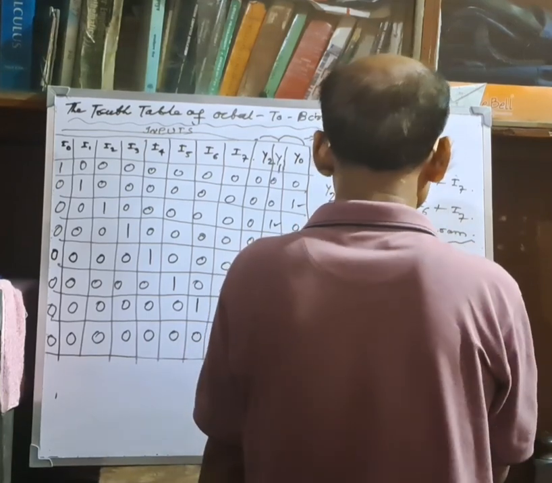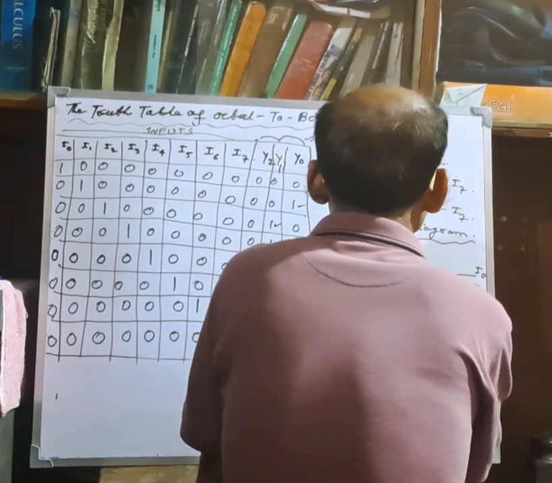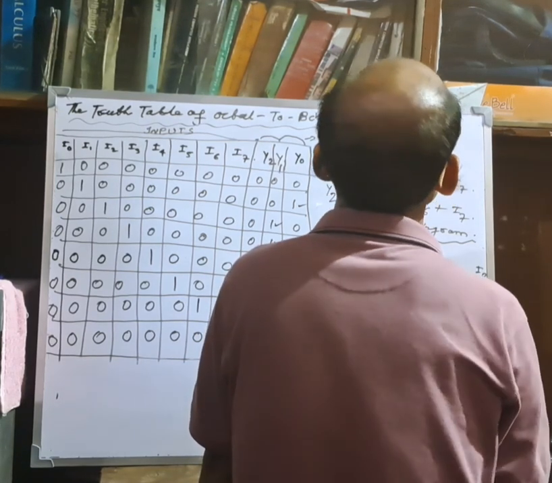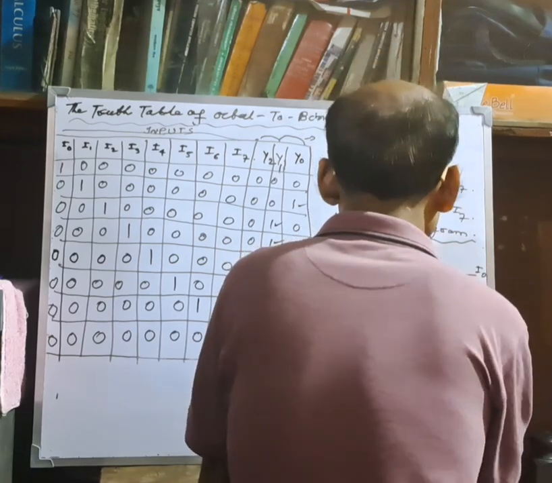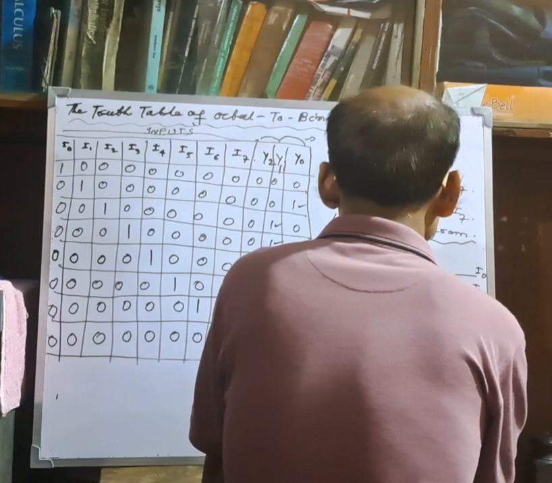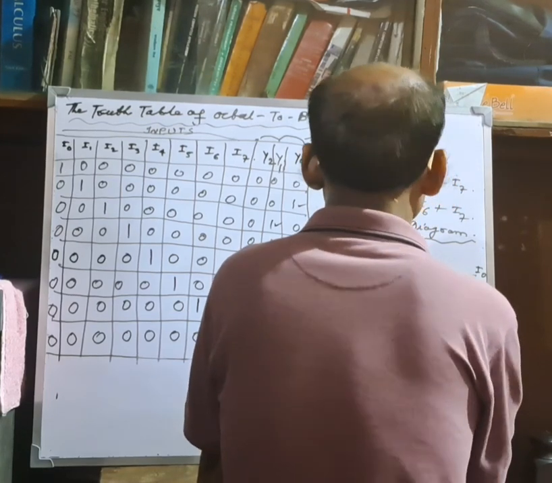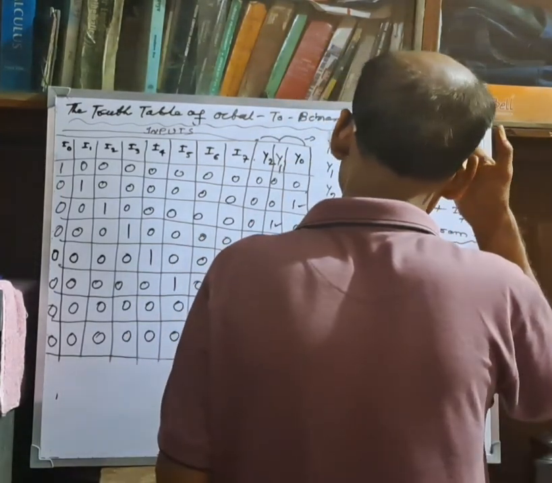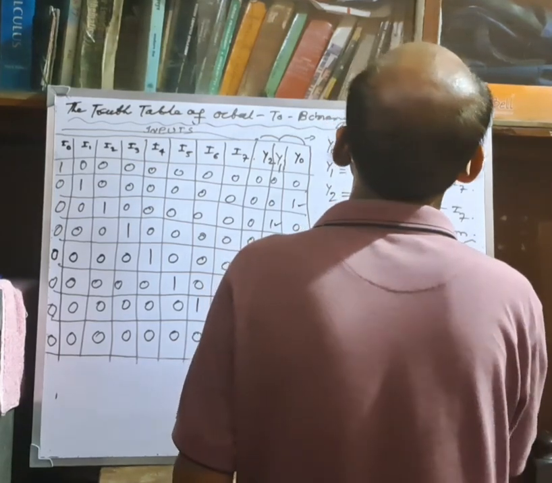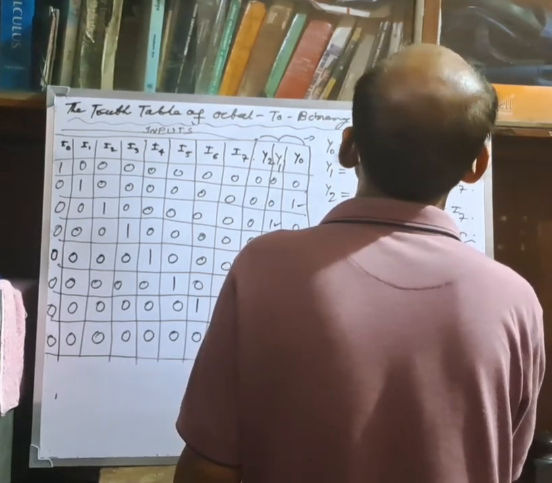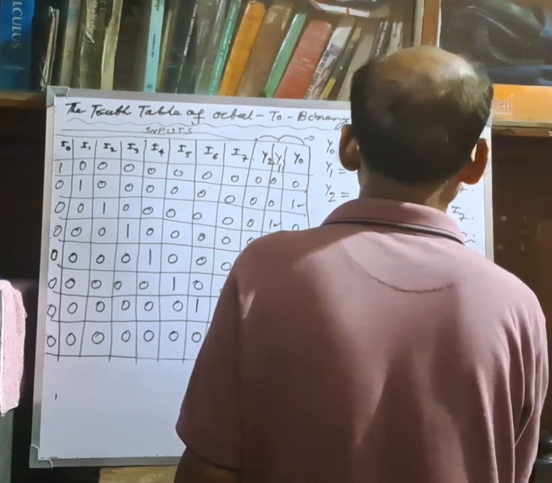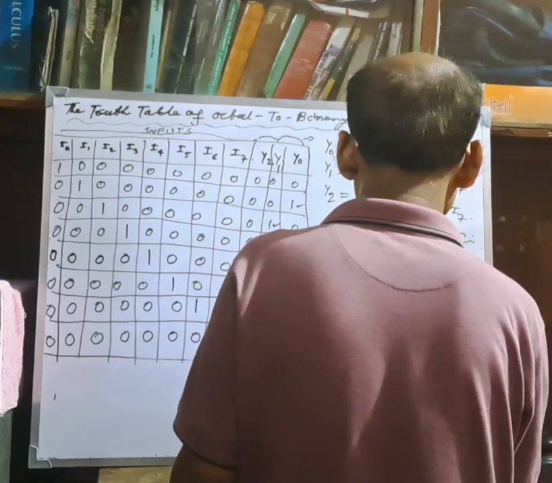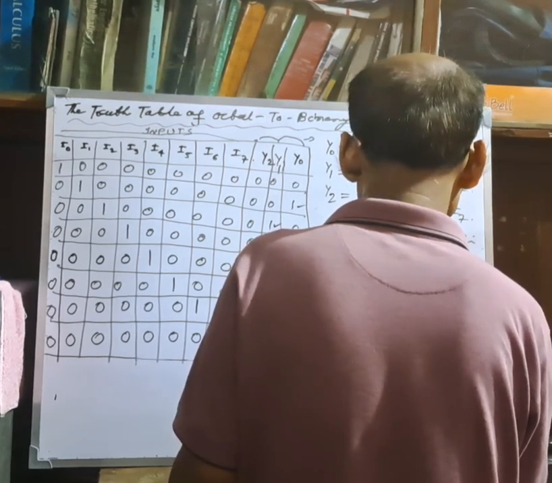And then 2, 3. 0, 1, 2. And this is the 3. This is the 3, and this is the 5. And 4, 5. This is the 0 line. Sorry, you just see here. I think this is your 0 line, this is your 1 line, and this is 3. This is the 3 line, and this is actually after 5. This is the 6 line, and this is your 7 line.